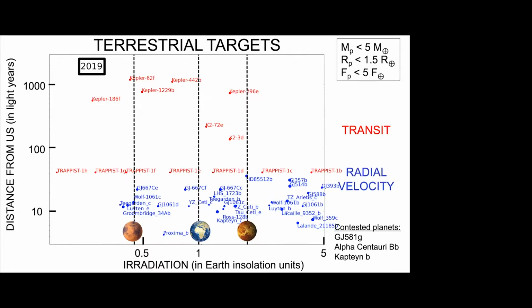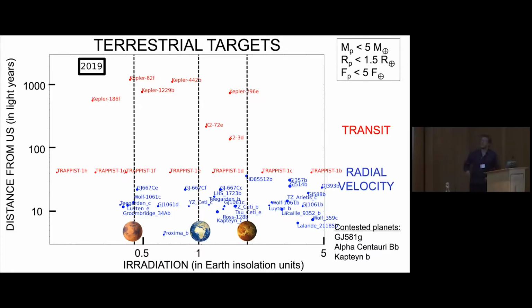But for now, we don't know if any of these planets is transiting. We know that, for example, there have been several papers on Proxima b showing it is not transiting, but we don't have any clues about most of the other planets shown in blue here. So the two techniques that are available to better characterize these exoplanets are the thermal phase curves, and the second one is direct imaging.